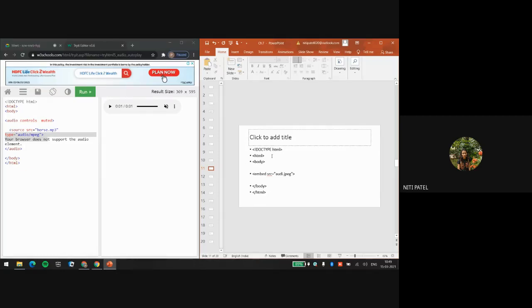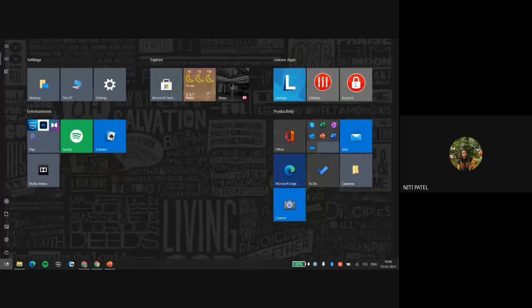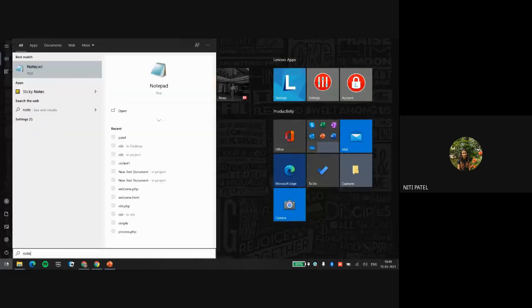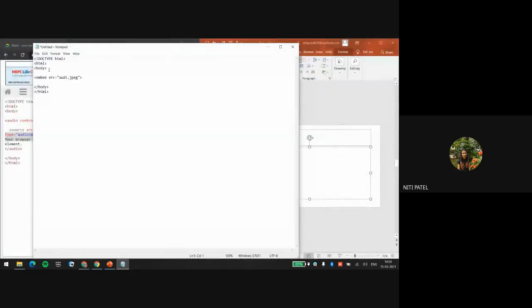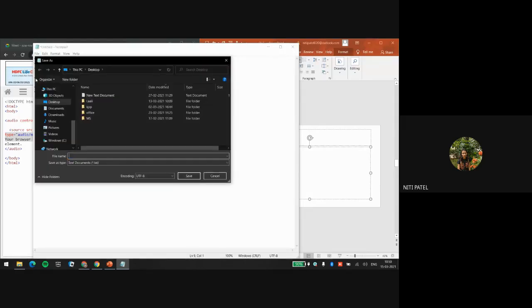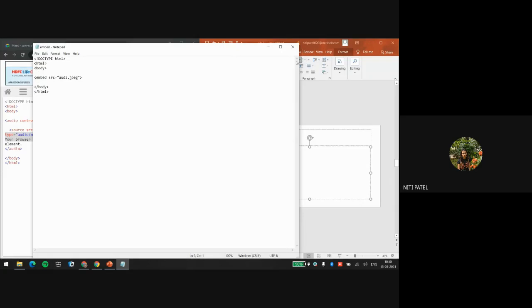Now let us run this in Notepad only. I will paste this file and save as embed.html, store it on the desktop, save. Before this, let me check, do we already have the image or not?